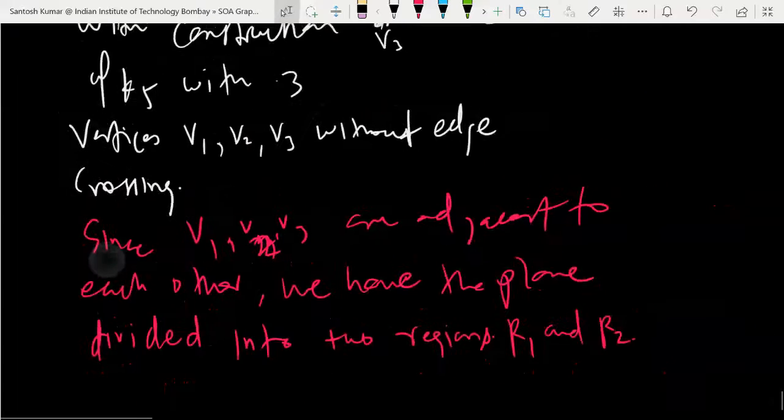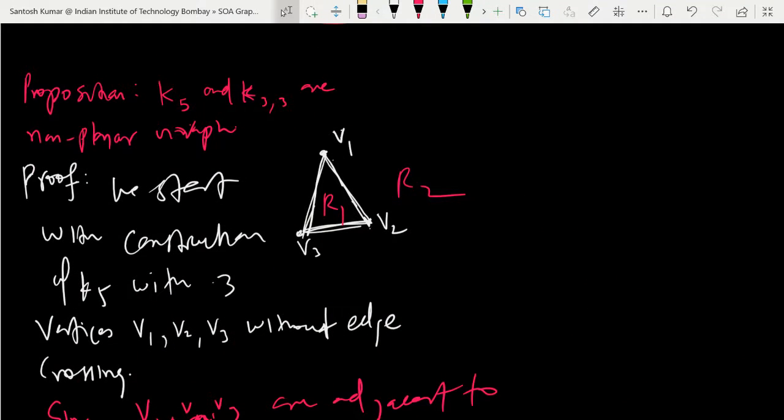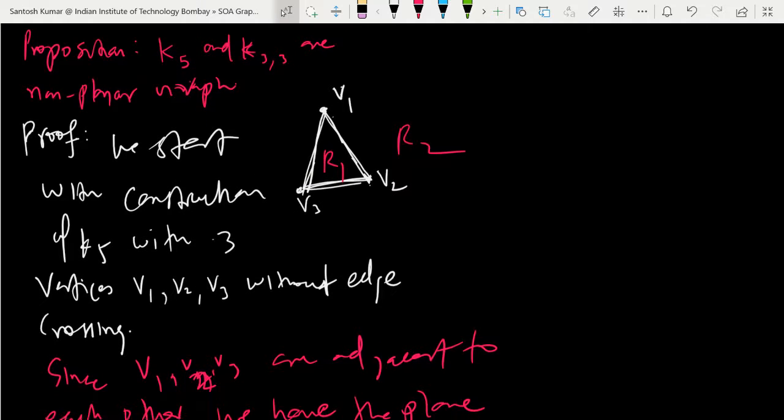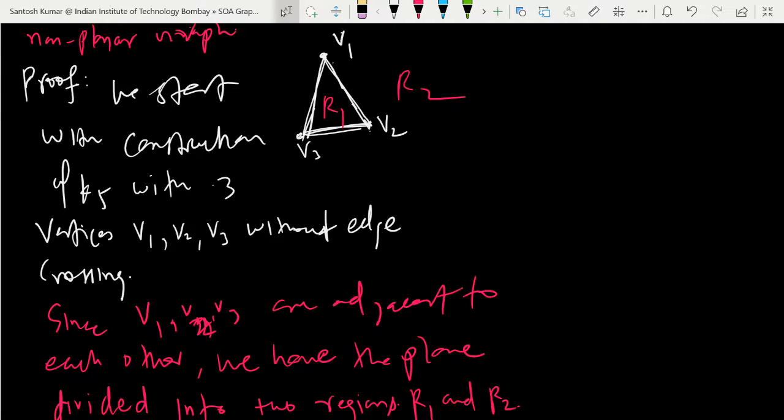So we have taken only three vertices. So somewhere V4 and V5 will also lie. Okay. So V4 means fourth vertex, V5 means fifth vertex. So somewhere it will lie. So now it's your choice where you want, because you are constructing. So you are trying to draw a simple planar graph. So you can take V4 either in R1 or in R2 anywhere. Okay. So you can take the fourth vertex either in region R1 or in region R2.